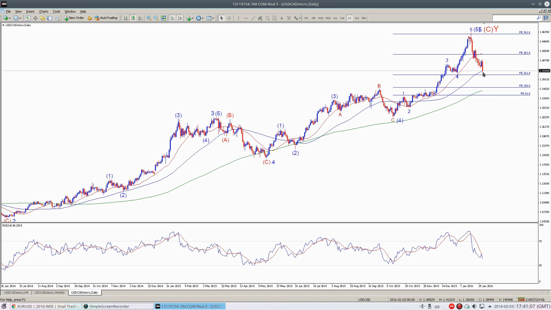Now we're testing the 55 period SMA, and I believe that since we are in third wave according to the count, there will be no problem at all breaking below this 55th day SMA, moving towards, at first, the level of the 144-day SMA, which is currently at 134 figure. We see the momentum, how it tried to move above the 9-period SMA, and it was rejected, continued